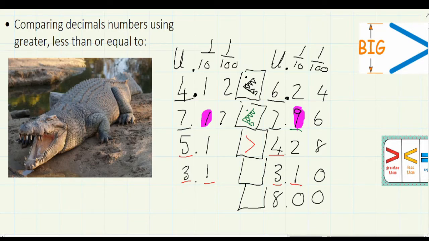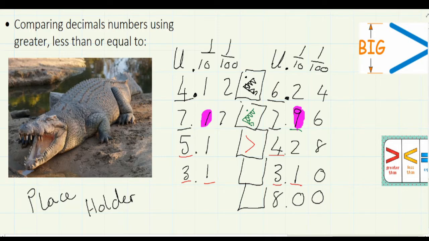A very important vocabulary to learn is the word placeholder. Now you've definitely heard myself and Mr. Saul say this before, and that is when we identify where we need to put zeros in to be able to compare or be able to utilize a number in a more effective way. Because the number 0 does not have any value. So if we add a 0 to this number,